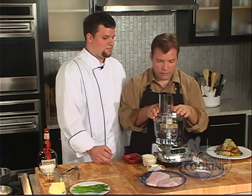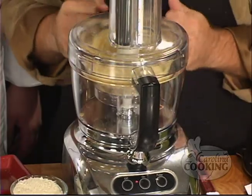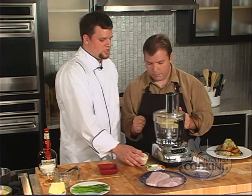Ready? Go ahead. And then you have to turn this. There we go. Now we're going to let that puree into a nice fine powder. And then after that, we're going to add some panko breadcrumbs, which is a nice fine